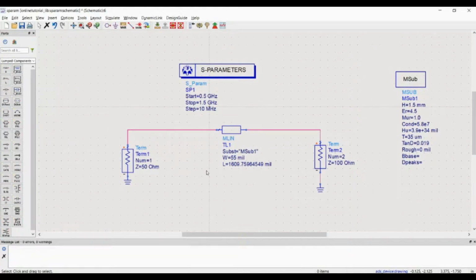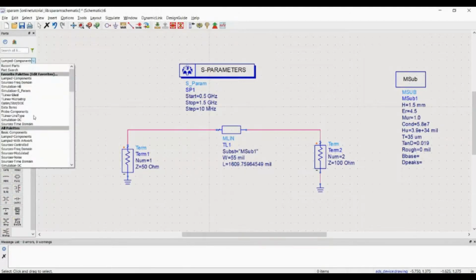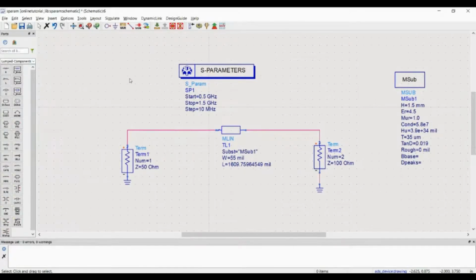This video here is to demonstrate how to include the vendors library in your ADS workspace. We have seen in our previous videos that we can include the library at the time of installation of ADS or at the time we create our workspace. We have seen that you get this palette here to select the component of your choice.